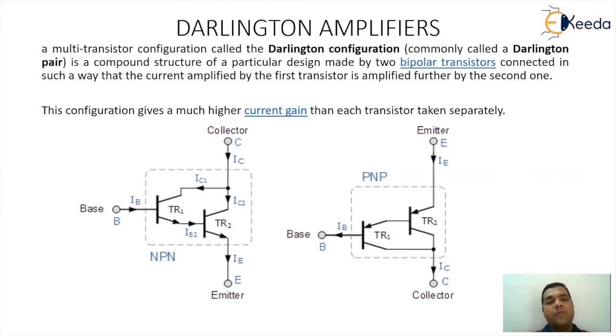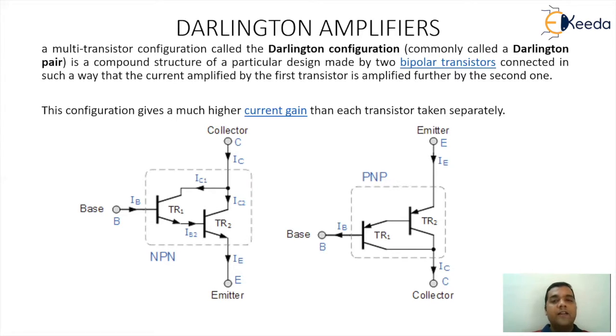So how are they different from the normal transistor? Here, if you see the capsule of a Darlington transistor, you will find inside the structure, you will have two transistors present. So this is the basic difference between a normal transistor and a Darlington transistor. A Darlington transistor will have two transistors present. So if that is the case, let's understand how the logic is being developed. If you observe the diagram carefully, Darlington transistors are basically designed for very high current gain, and each transistor is going to contribute in that. They can be realized using two NPN transistors or two PNP transistors.